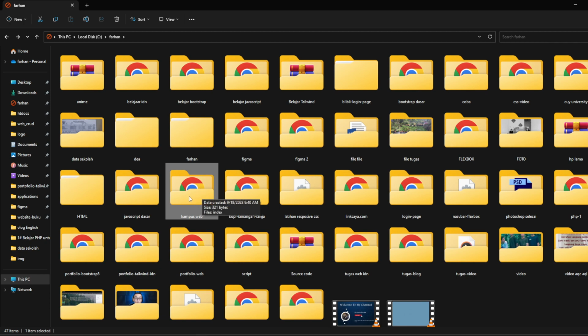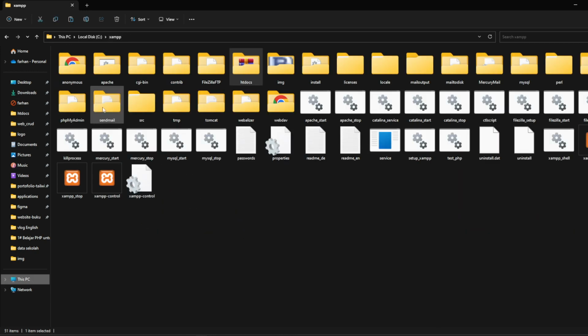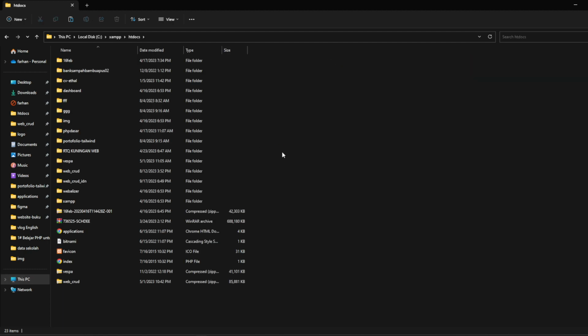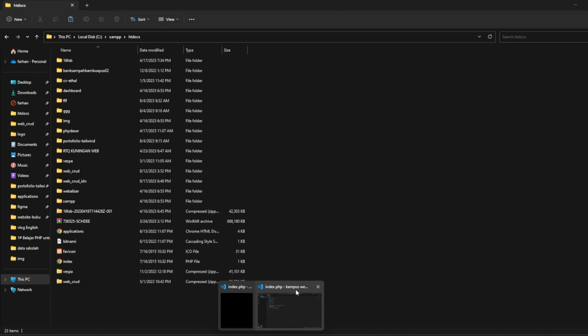The mistake is this, that is our folder. You can cut with Ctrl X and then go to htdocs, go to exam and go to htdocs. This is htdocs, and paste here. The folder must be here. Wait. Oh, we will close the folder.